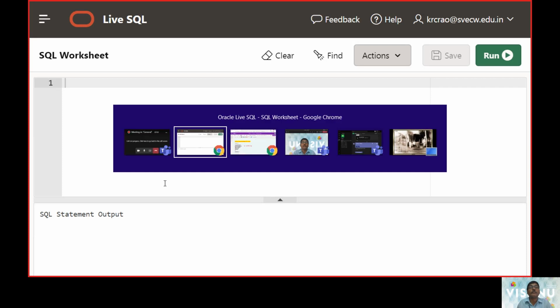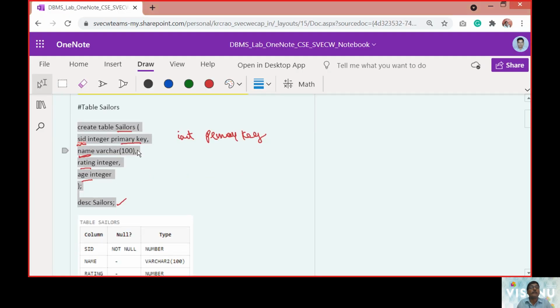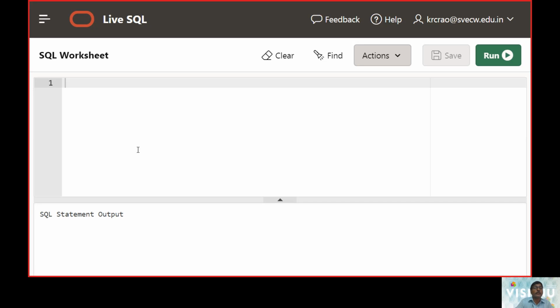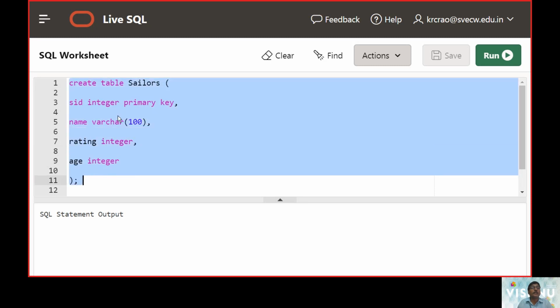We have taken these items to create. Create table sailors, SID as the primary key, name, rating, and age as the content.